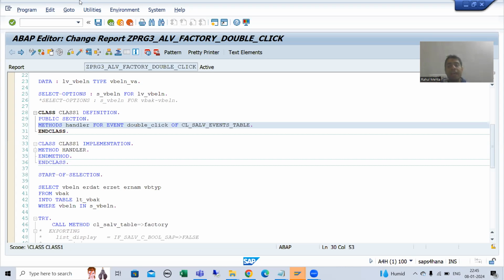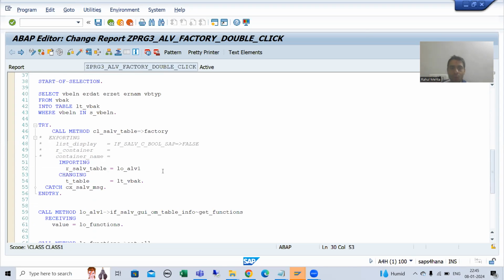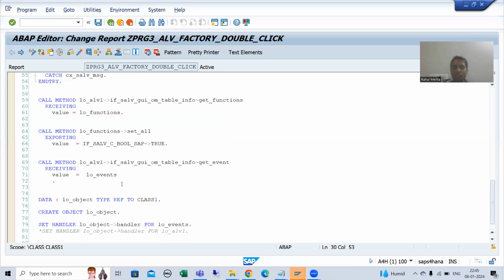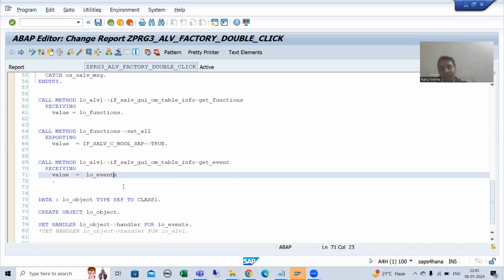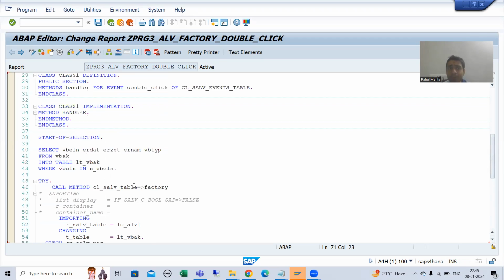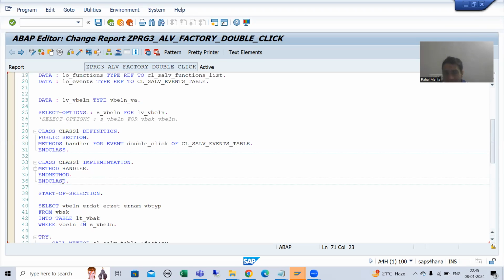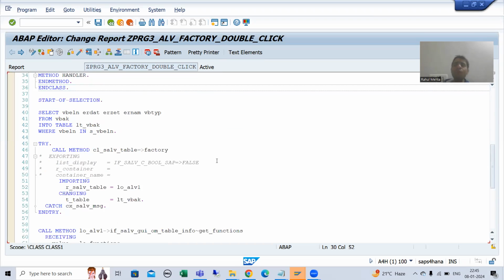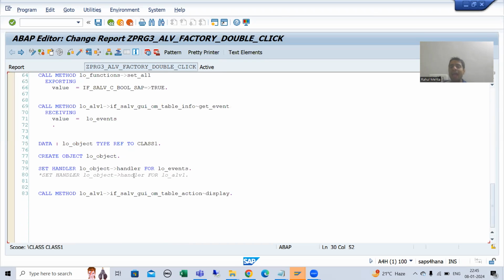After that we used the method get_event, and we got an object of another class. We simply created the event handler method for double click event of this class, and we registered the event handler